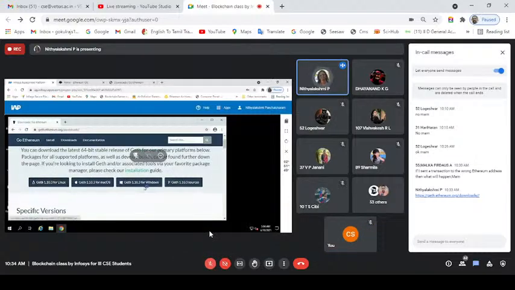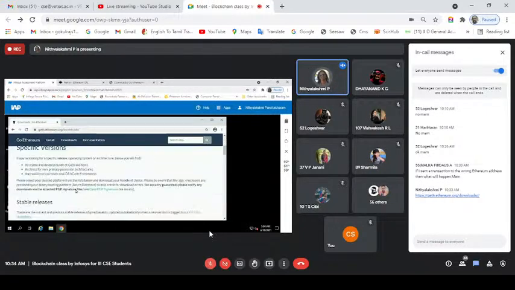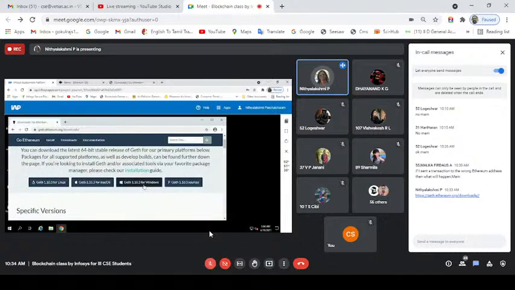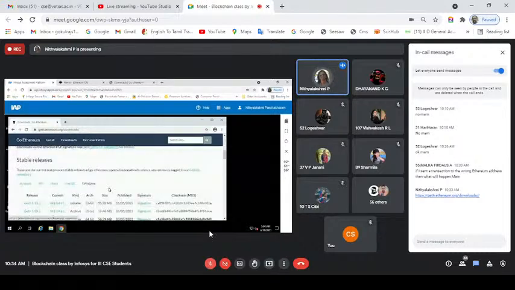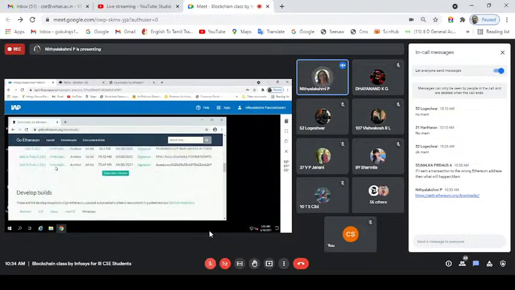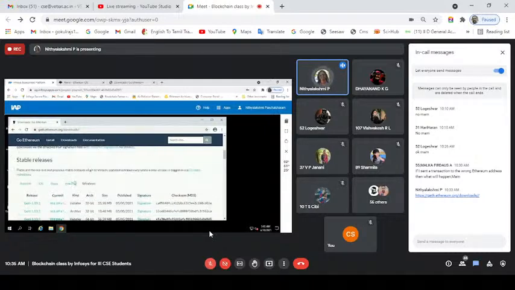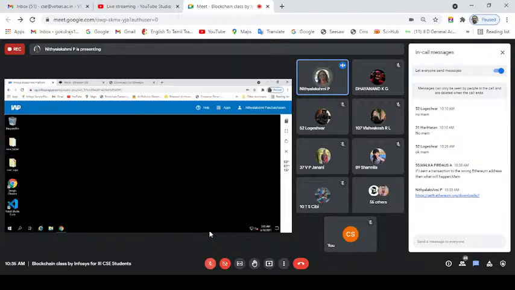So here you can download the software for whichever OS you are interested in, Windows, Mac OS or Linux OS. This will download the latest version. If you are looking for any specific version, then you can scroll down and choose older releases and download that. It will be an installable. Once you download that and run that installable, Geth will be installed on your machine. Okay, now what I'm going to do is